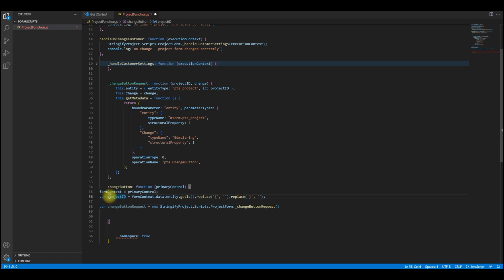Declare this somewhere here. Let me do this. Okay, project ID. Let's bring it in here. All right, good. Project ID. And then maybe what I wanted to do is admin change. Just change something. Maybe admin change. Okay, good. So now with that done,